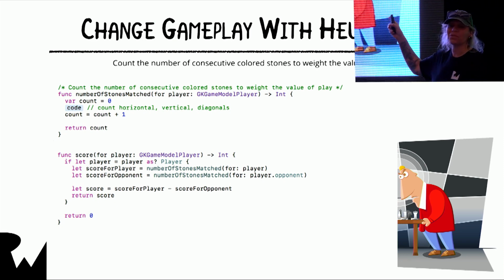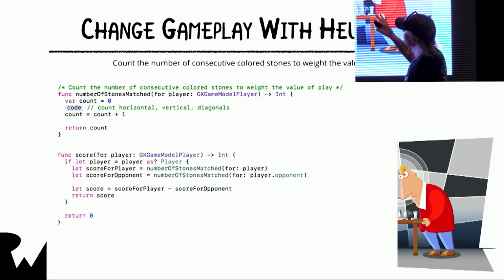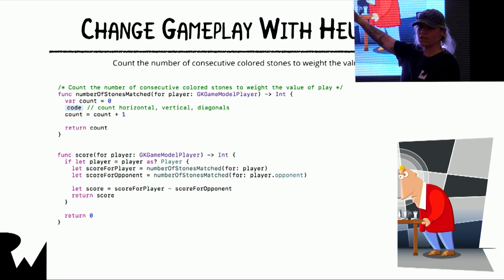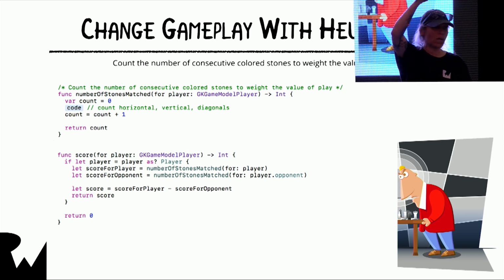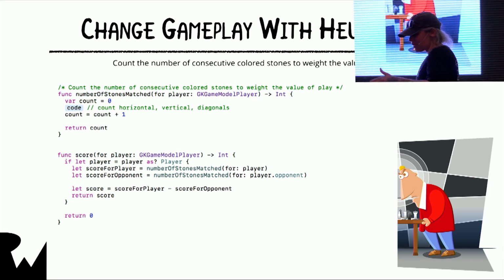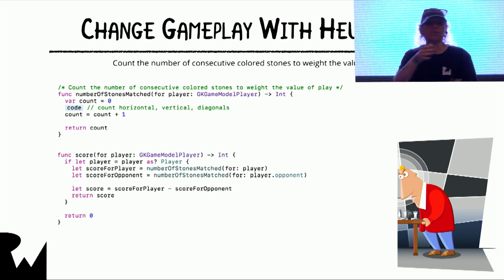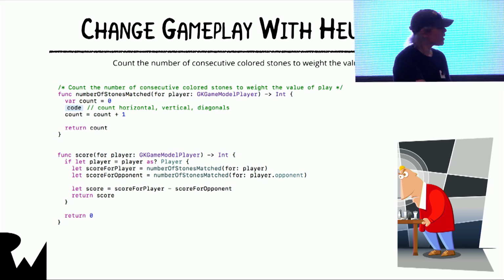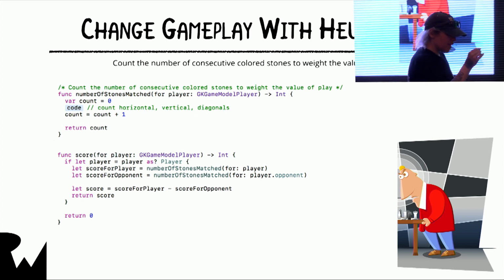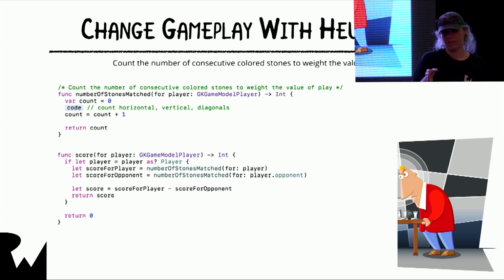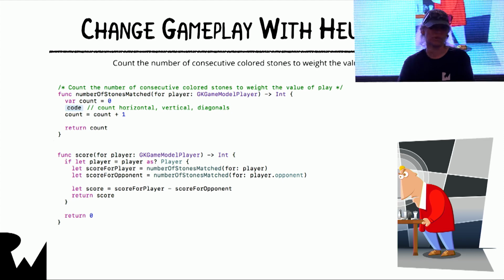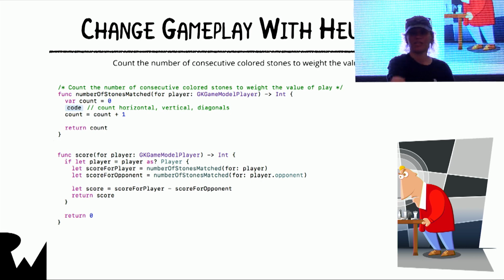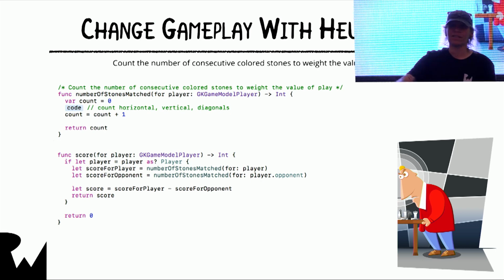And in this one, this is where you can really play with it. Here, we're going to count the number of stones matched. The code is simplified here; in your lab, it's a whole lot longer. Right now, we're doing 500 for a win, negative 500 for a loss, 0 for a draw. This heuristic will go through and see how many the red guys got. 1, 2, 3, 4 is a win, so we don't really care. How many the black guys got? 1, 2, 3, 4 in this direction, that direction, both of these directions,